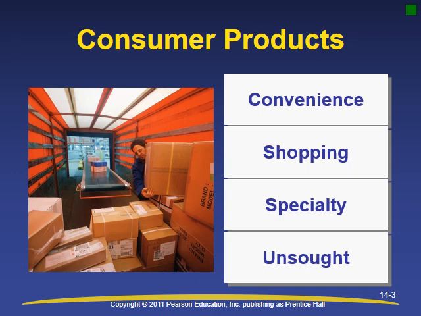Specialty products include particular brands that the buyer especially wants and will seek out regardless of location or price. Specialty products do not have to be expensive, but they are products that consumers go out of their way to buy, and rarely will they accept substitutes for them. Finally, unsought goods are products that people do not normally think of buying, such as life insurance, cemetery plots, or tow services when your car breaks down. And so they must be made aware of them through promotion.